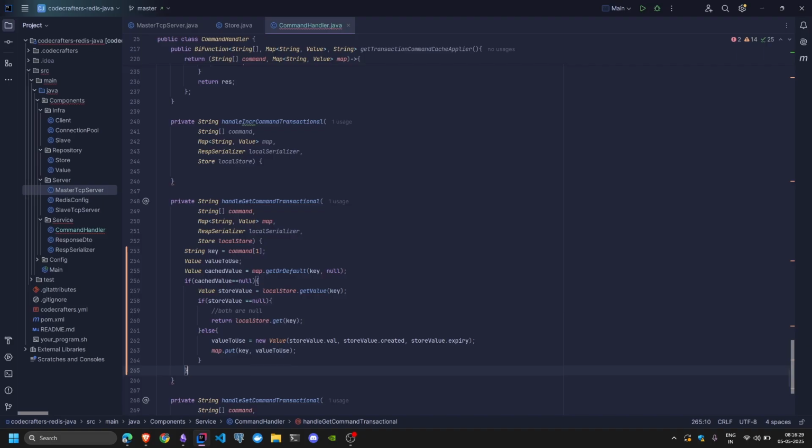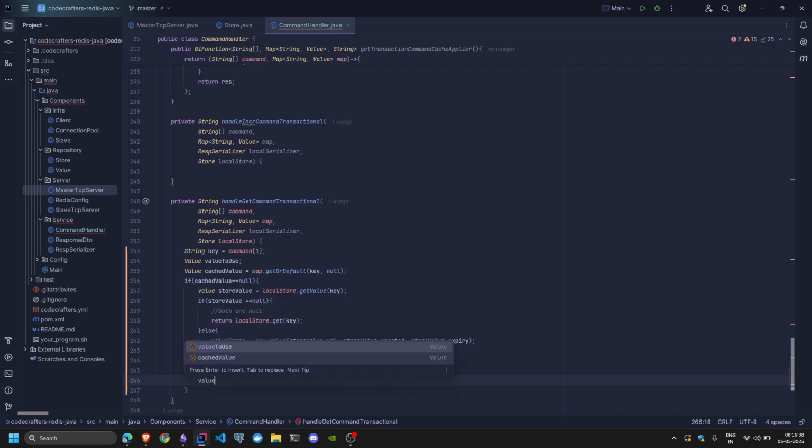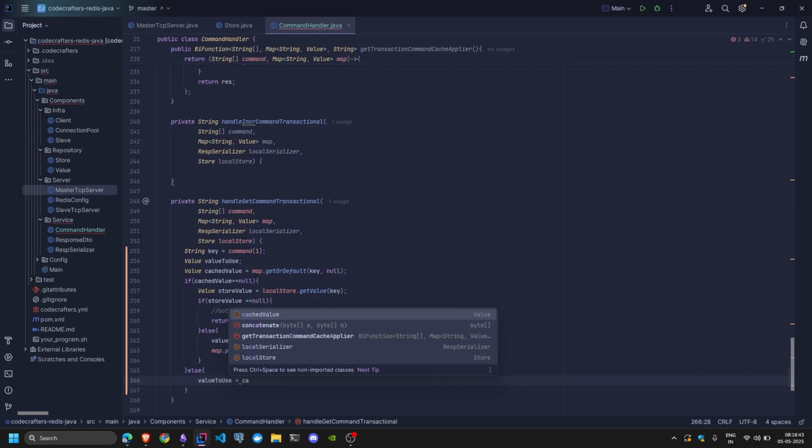But if the cache value was not null, then we can simply return that, value to use equal to cached value,